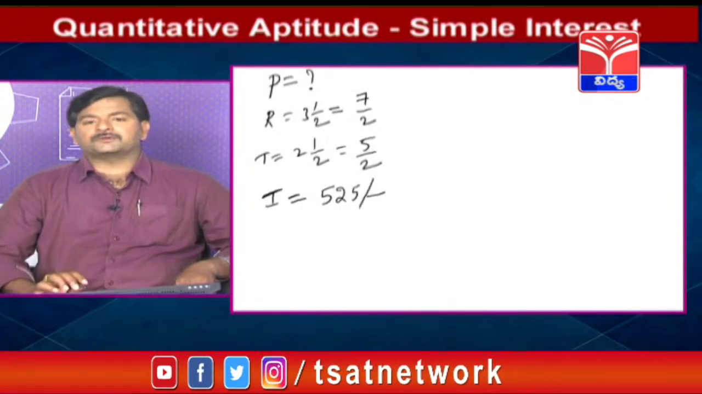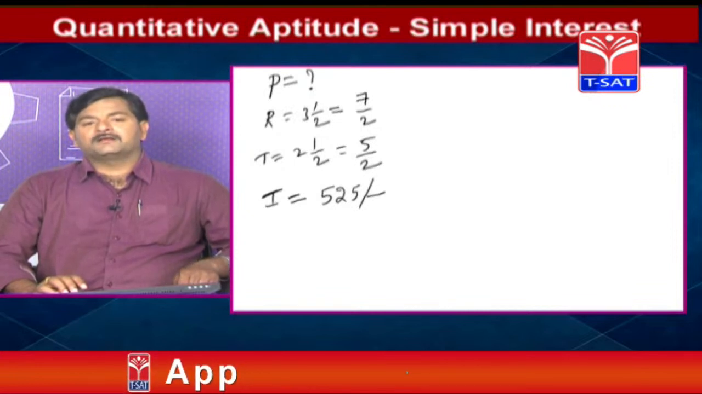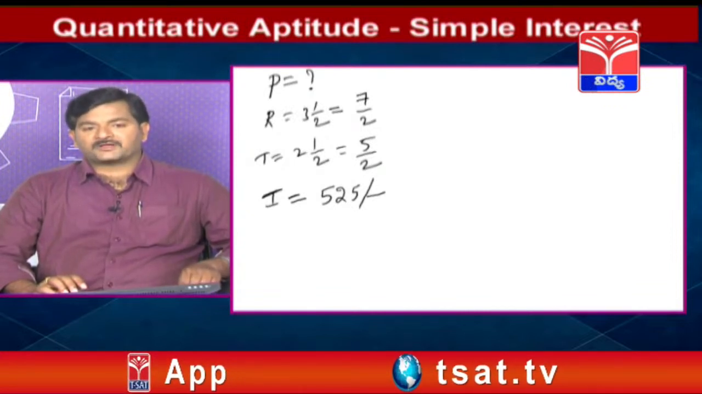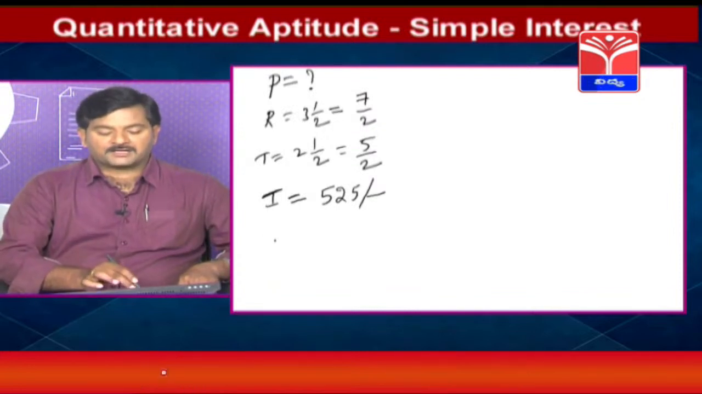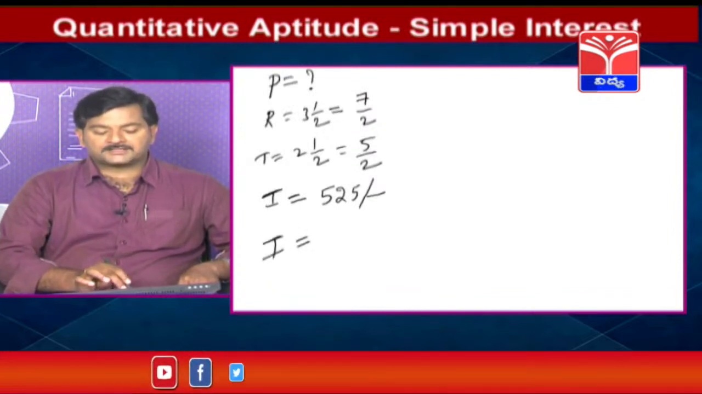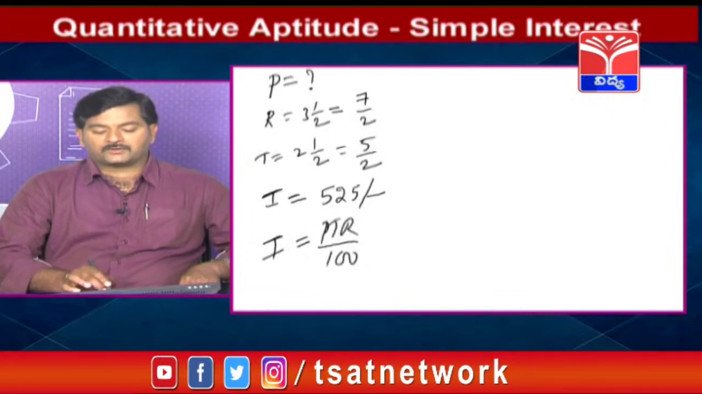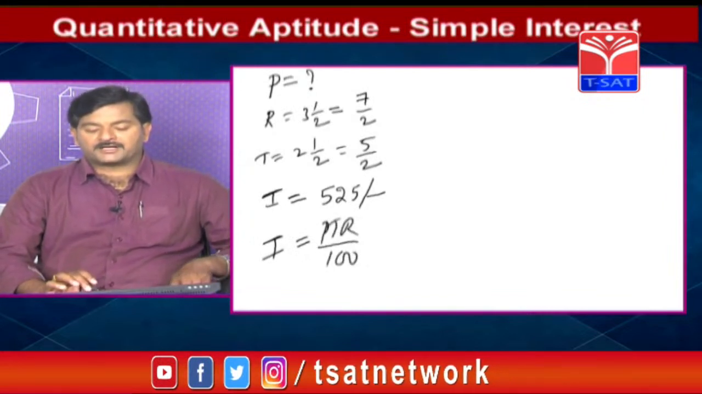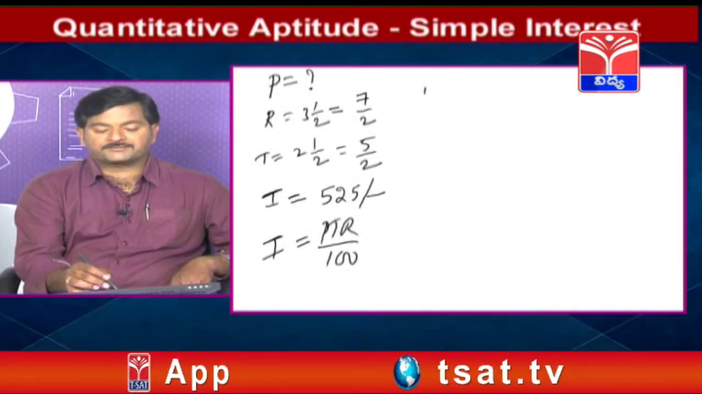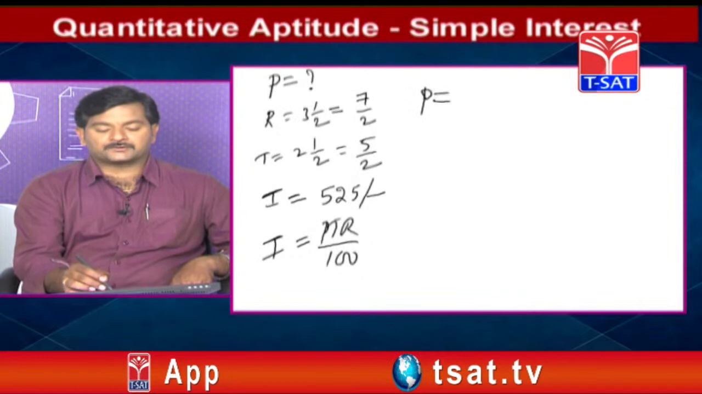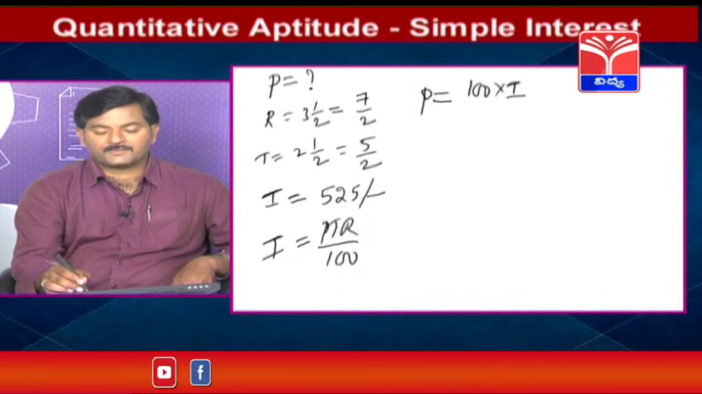I hope you understood what is given. So R value given, T value given, I value given. Simply we have to find out the P value. Okay, again we have a formula. The formula is I is equal to PTR by 100. But here I need to find out the P value. That's why if I make P the subject, P is equal to 100 into I,